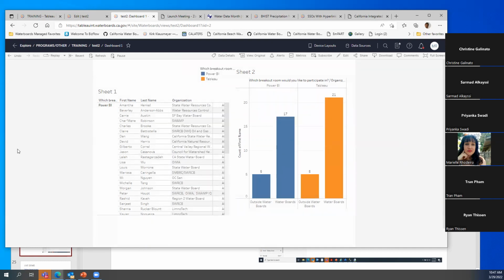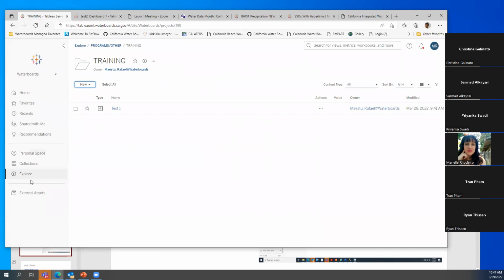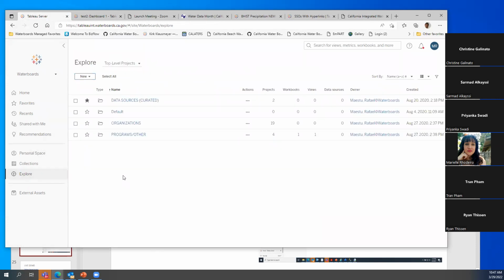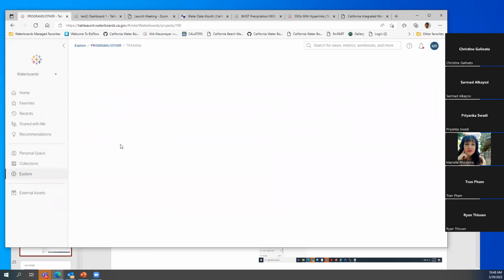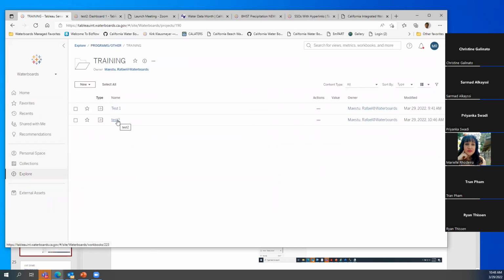This is a simple way of getting some data and making sense out of it. So now everybody in the group can go and navigate to this visualization that I just built.